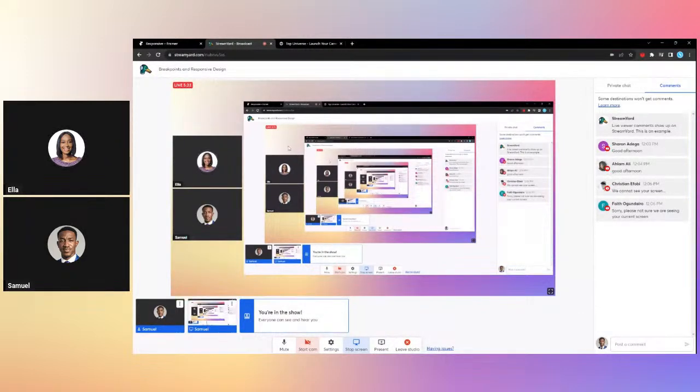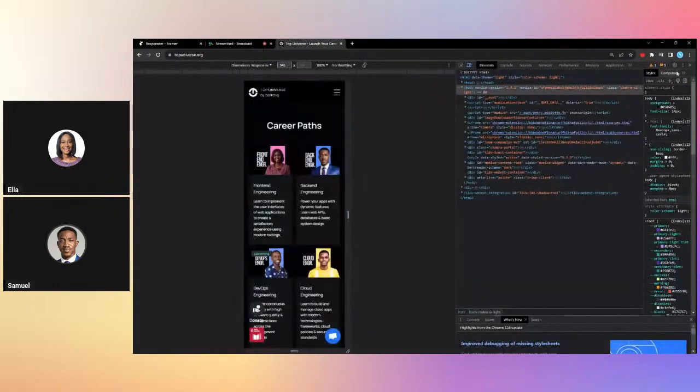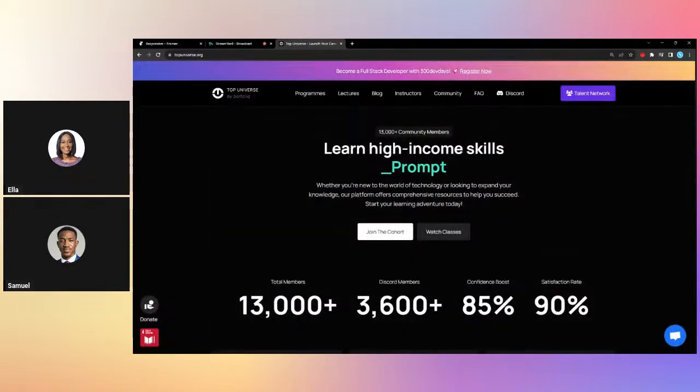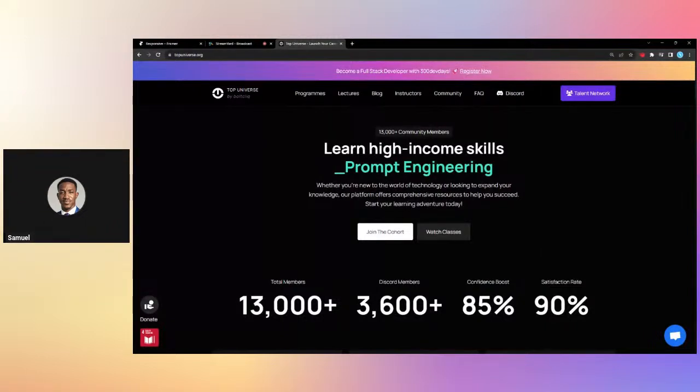All right, fine. So I'm going to open the Top Universe website, and today we're going to talk about responsive design. So if you've heard what I said, you get what I mean. What I was trying to explain with the Top Universe website, for you to see what I'm about to do,